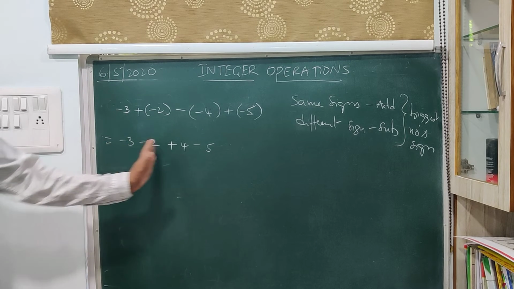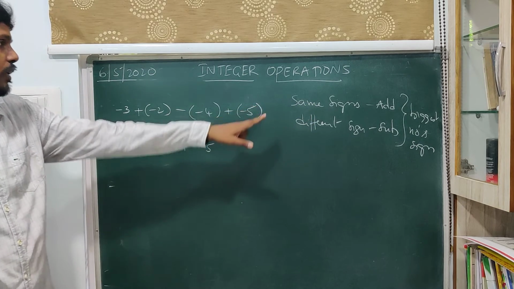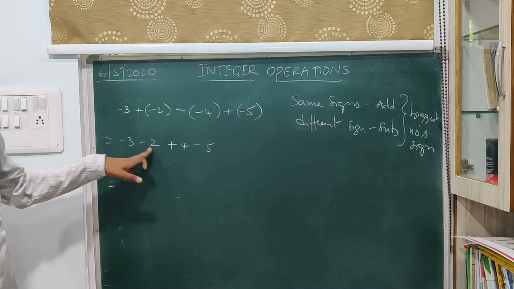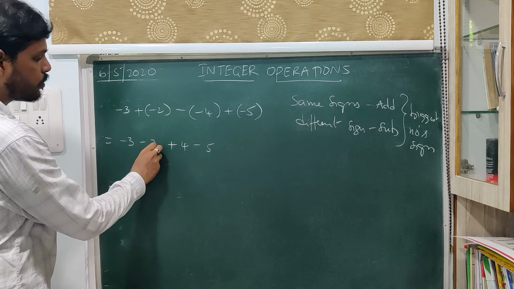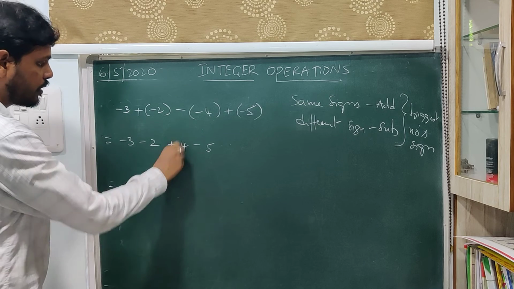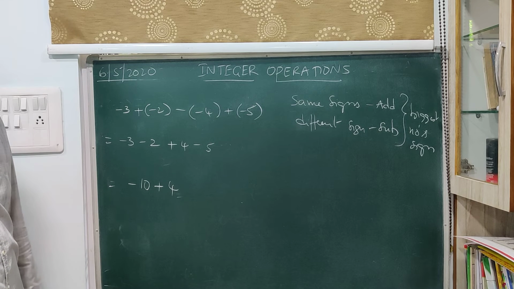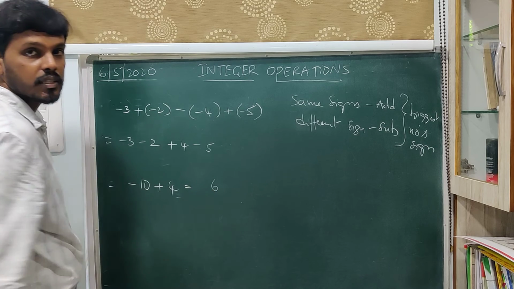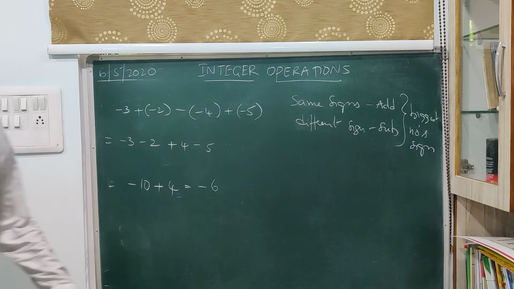Now there is no multiplication. Multiplication operation is exhausted now. We go with these rules. Whenever you have same signs, you will add, different signs you will subtract. Identify the numbers with same signs. 3, 2, 5 have got same signs. So you will add them. When you add them, what do you get? 3, 2, 5. 5 plus 5, 10. Biggest number is 5, sign is minus, so keep a minus sign and carry the 4. Now these are numbers of different signs, so you will subtract as per the rule. 10 minus 4 is 6. Biggest number is 10, sign is minus, so keep a minus sign. So this is the way to go about.